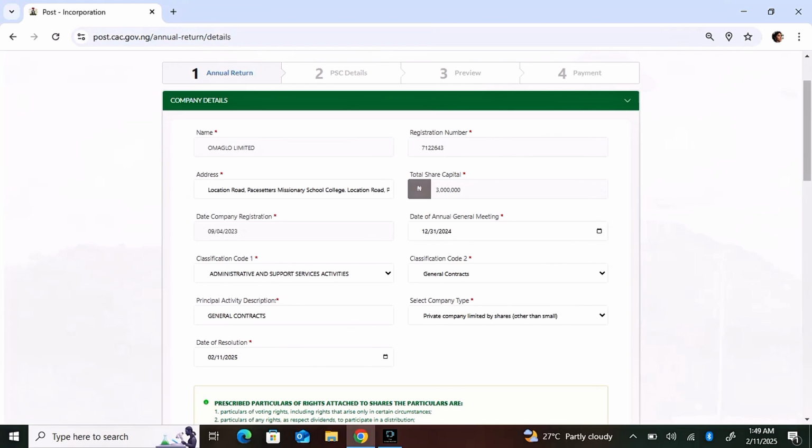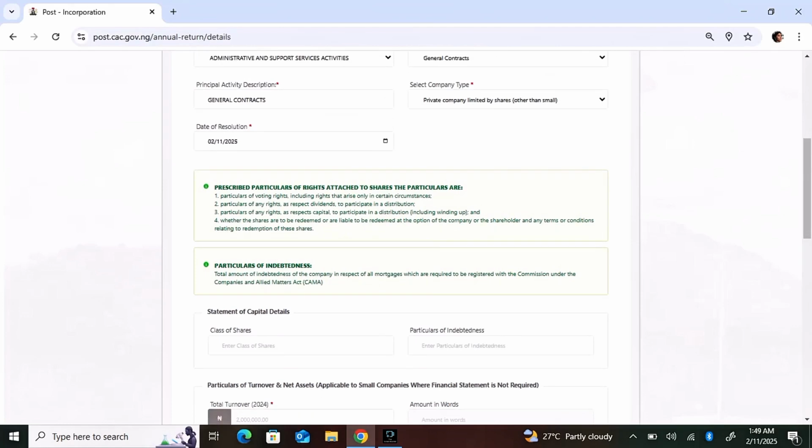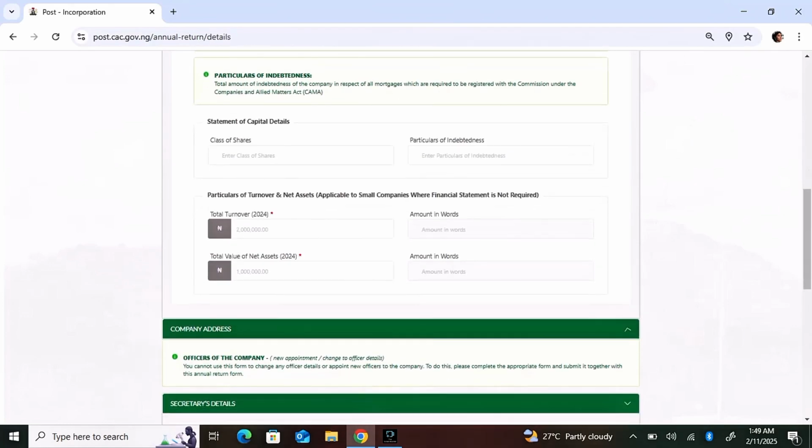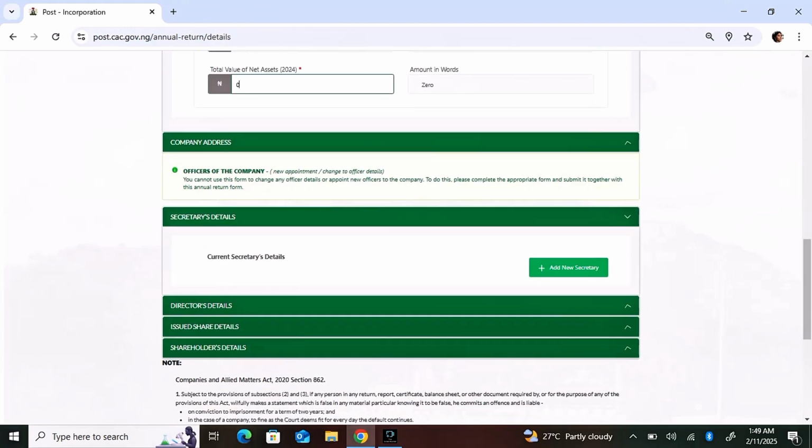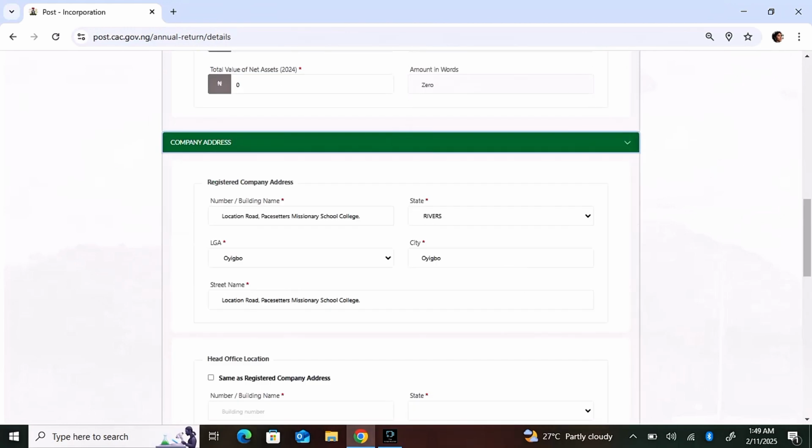So after filling that detail, you have to come here and give them your total turnover for the year. If you're making profit whatsoever, just calculate it and fill it right there. I'm just going to put 00 here because there's no profit. Okay, so then when you get to the company address, it's always filled, but when it's not complete, do you